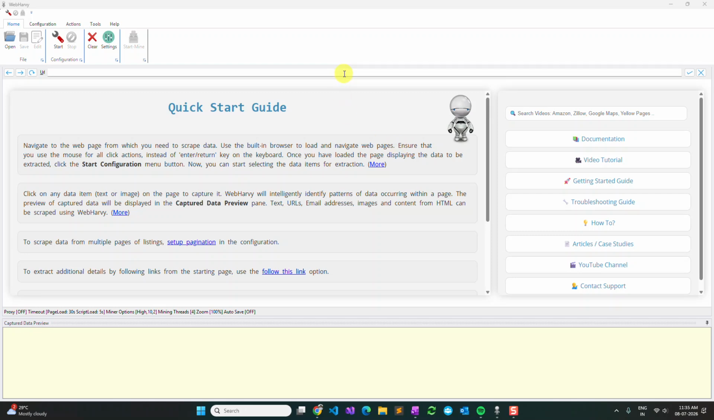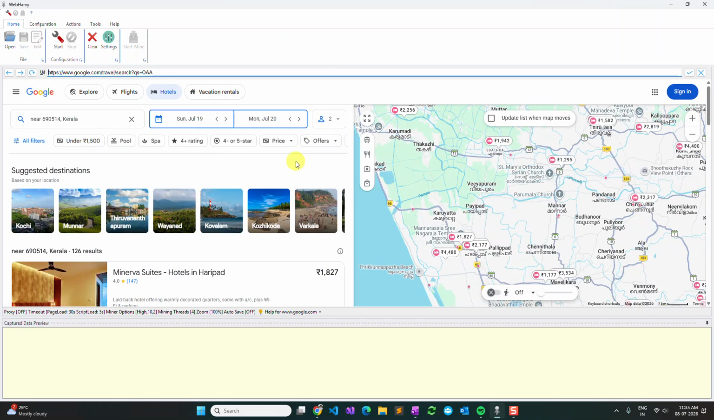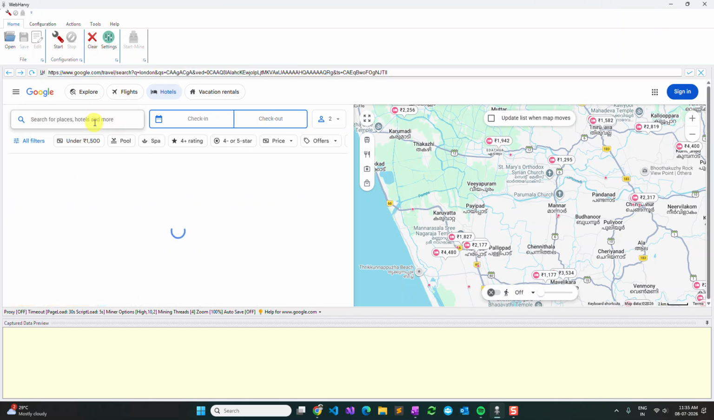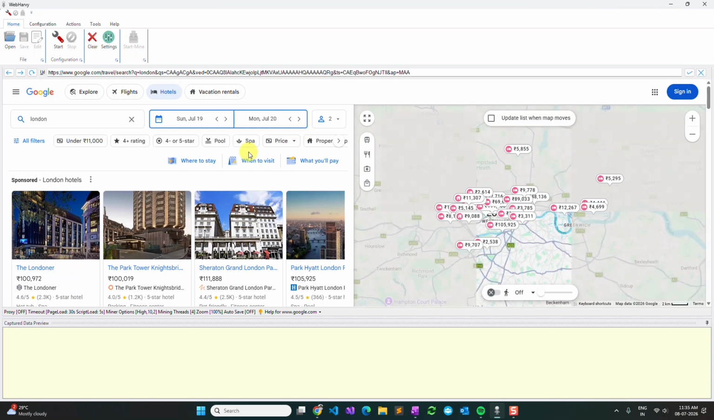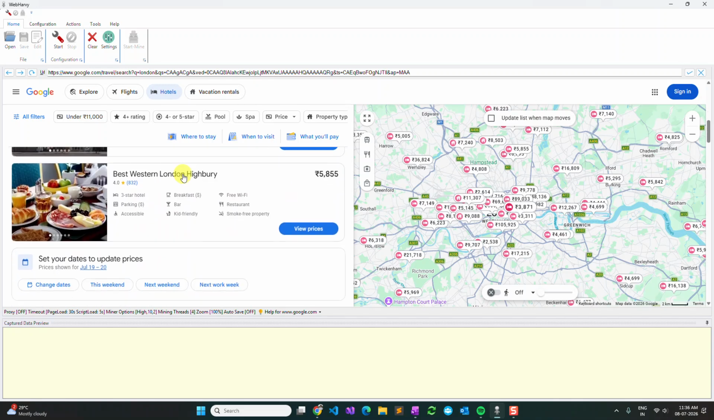Let's see how we can use WebHarvy to scrape hotel details from Google Hotels. So I'm loading the website first within WebHarvy's browser, and I can also perform a search and select the necessary filters. And then once you have loaded the page which displays all the data which you need, we can start selecting